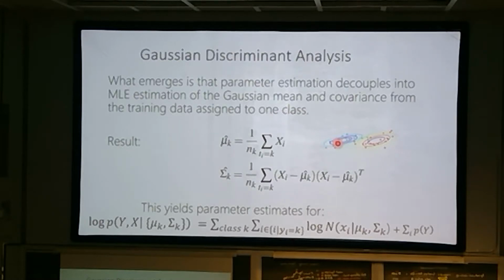Imagine that one class right now is represented by a Gaussian. How could I get a richer representation for that one class just using Gaussians? Anyone have an idea? That's not going to make it a richer class of models, right? When I say how can I change the class of models, that means I'm not just changing the parameters. You can add Gaussians together, something called a mixture of Gaussians. Right now, one class looks like essentially one Gaussian blob. What if I said one class looks like many Gaussian blobs? Now I can capture something much more complicated, right? We're going to learn that model later on, not now.